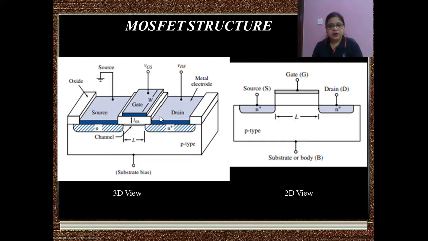And up to the time when we are not applying any potential to the source or the drain terminal, they are interchangeable. Either can be written as a source or a drain. But once we apply some potential, then it will get fixed, because we know that if it is an NMOS, drain will always be at a higher potential, and if it is a PMOS, then source will be at a higher potential with respect to the drain.